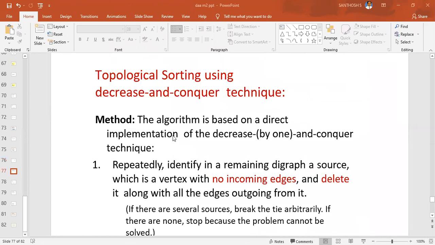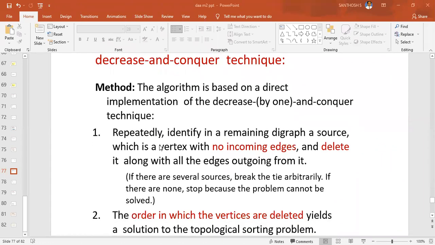So now you come to the next one using the decrease and conquer technique. This algorithm is based on direct implementation. Identify in the remaining digraph a source, which is a vertex with no incoming edges, and delete it along with the edges outgoing from it.